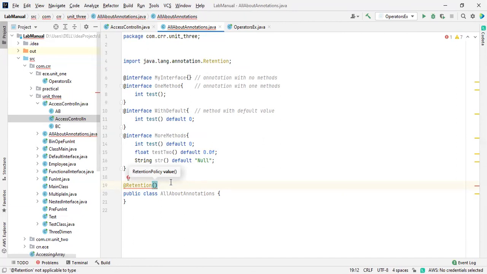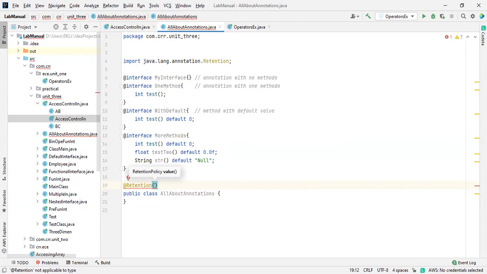Again, one second, I got some message. Yeah. So at the time of compilation, we are going to use that in the sense of a class. So going further is restricted for the class. And again, at the runtime, we'll use it at the runtime only. That was the final stage. So there is no need to worry. We are just going to discuss the retention.